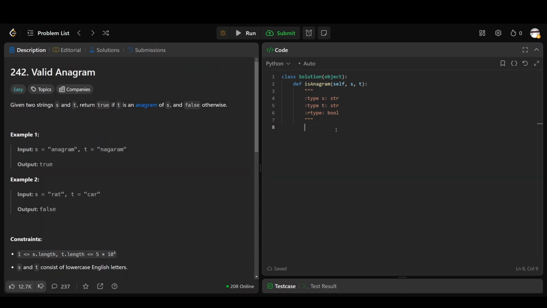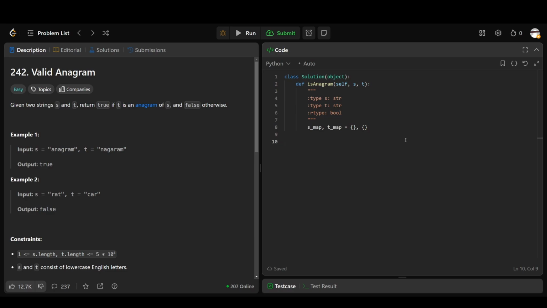And let's get started. So we want to make a hash map for each input string, and we're going to do that by just saying smap equals an empty map or an empty dictionary, and then tmap as well. And you can also combine these, so you can say smap, tmap and then initialize them on the same line. So what we want to do next is we want to iterate through both of them and get basically the